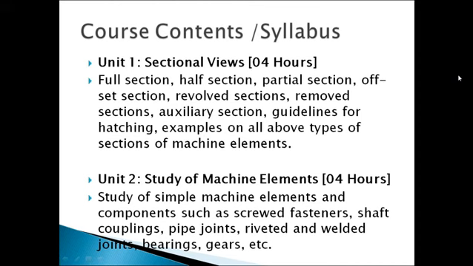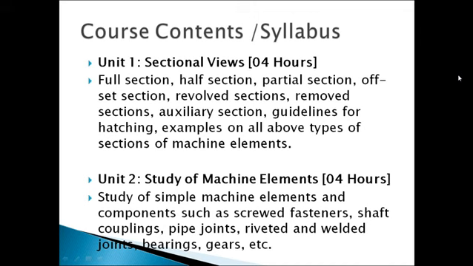Unit number 2, study of machine elements. Study of simple machine elements and components such as screwed fasteners, shaft couplings, pipe joints, riveted and welded joints, bearings, gears, etc. Fasteners are used when you want to join two components, so you require a screw. How do we show a screw on a paper or on a drawing?